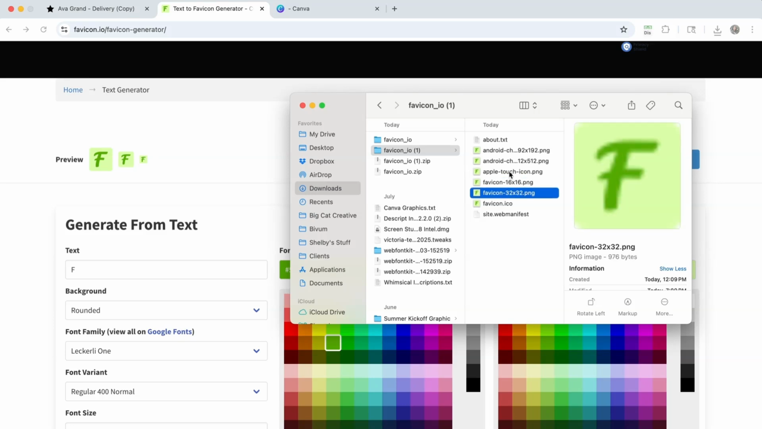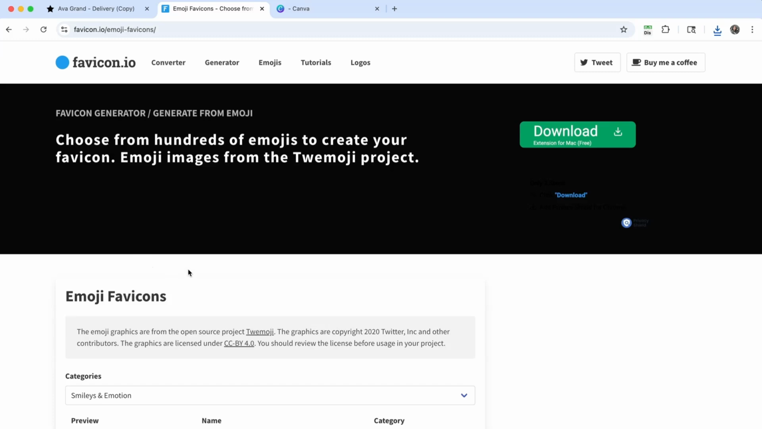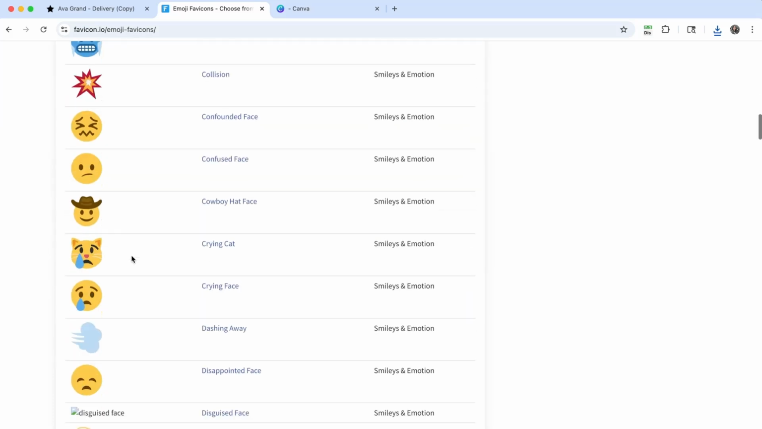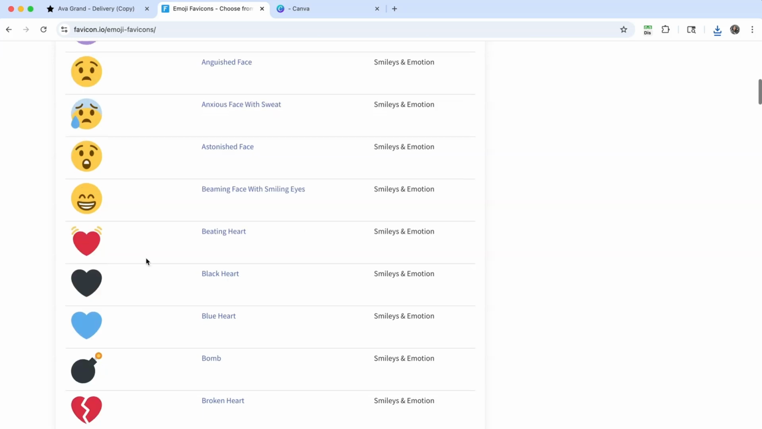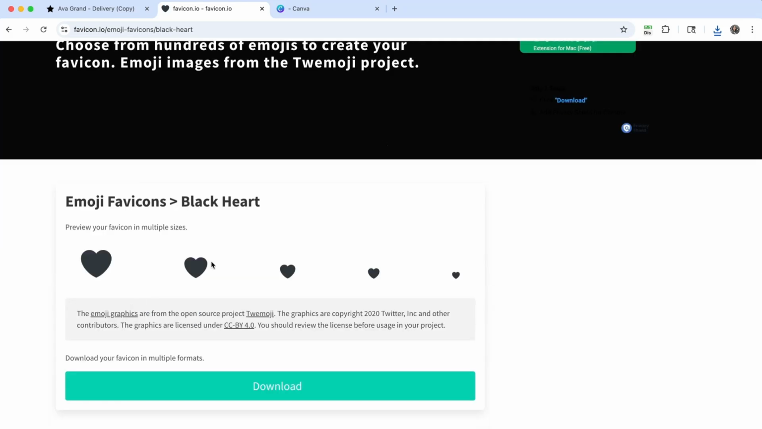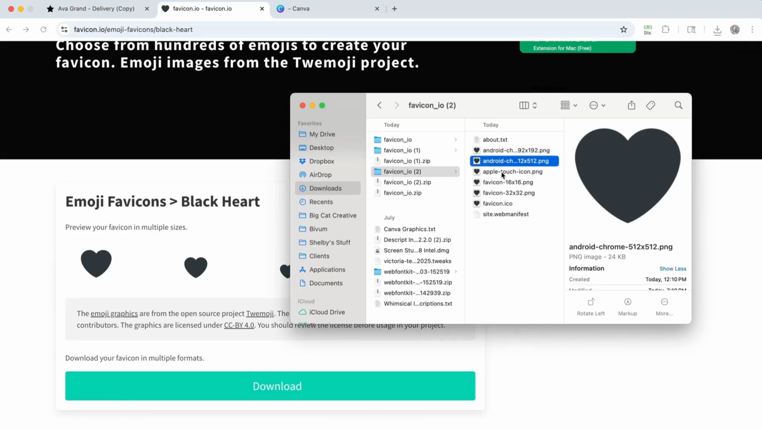your browser icon. The final tool that Favicon.io offers is this emoji converter tool. You can choose from a list of all of these different emojis that they have. And when you find one that you like, you can click on it and it's going to turn that emoji into multiple different favicon sizes for you. And then again, you can go ahead and click on download a zip file with all of those different file